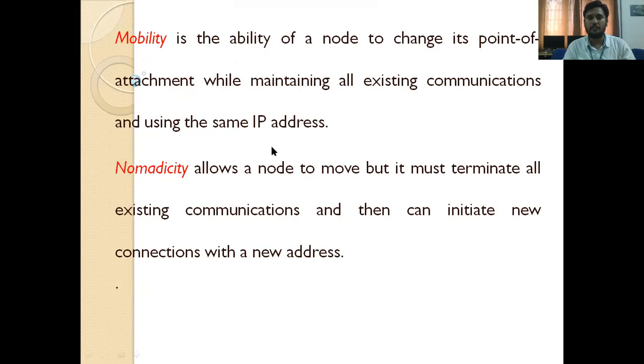Mobility and nomadicity: mobility is the ability of a node to change its point of attachment while maintaining all existing communications. Nomadicity allows a node to move, but it must terminate all existing communications. With mobility it moves using the same IP address, but with nomadicity it leaves that IP address whenever it terminates.